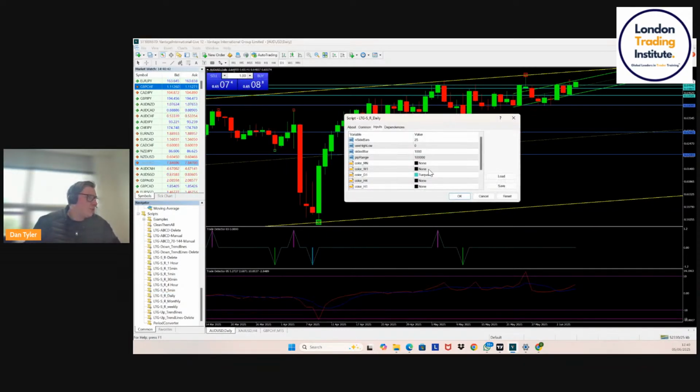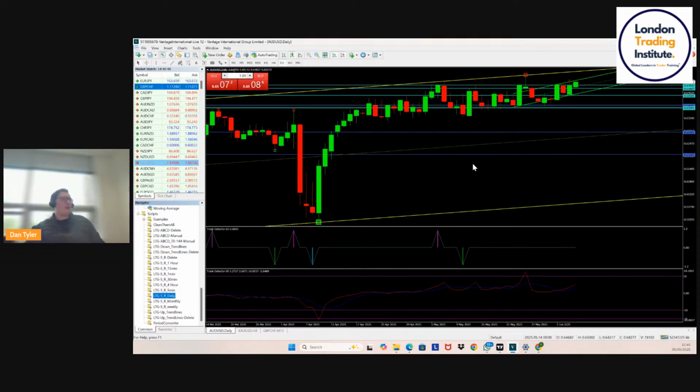That's too little. So we can do like, I don't know, 2,000 pips. Okay, there we go. So we now got our key levels. This candle hasn't closed yet. We're spiking above. This is a very good price to potentially short the market.